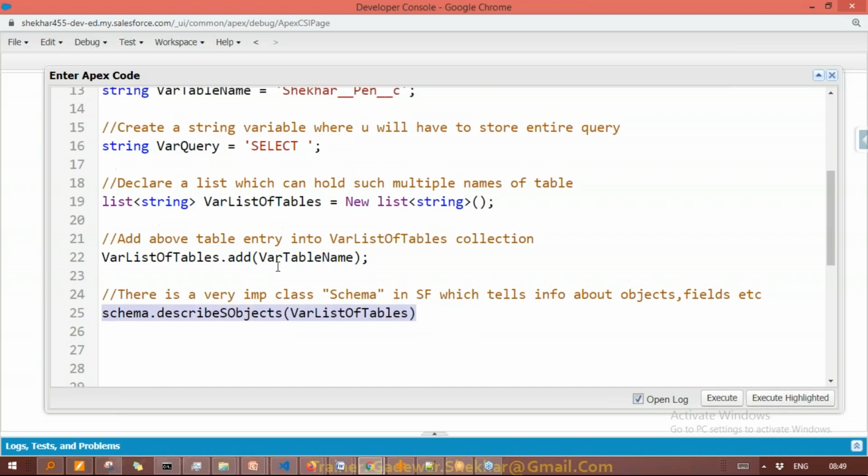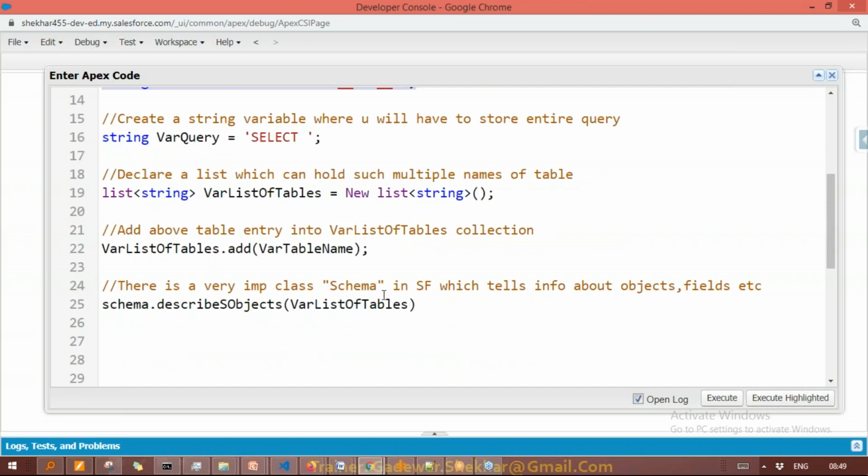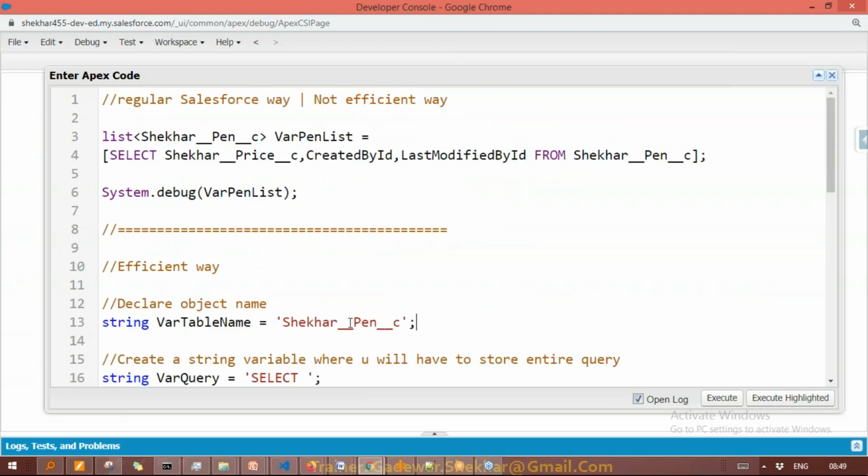Now here I'm interested only in the first table, which we have already seen in the topic of bulkification, etc. Even in the collection, if I want to focus on the first item, then I will give the square bracket. We already saw this in the topic of collection. If I want to refer to the first item, I will just use this square bracket and put 0. So this way I refer to the first item from this list of objects. I'm passing a list of objects, and I'm saying I want to focus only on the first entry. The first entry is what? This pen.